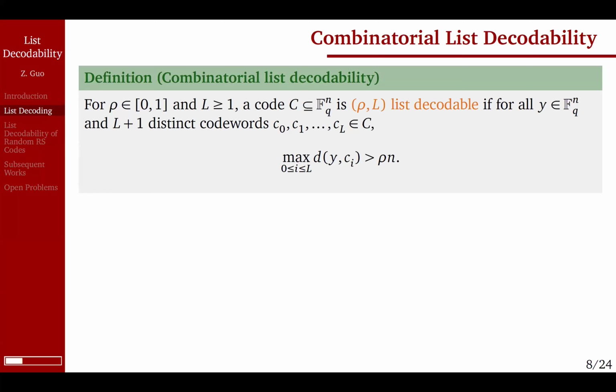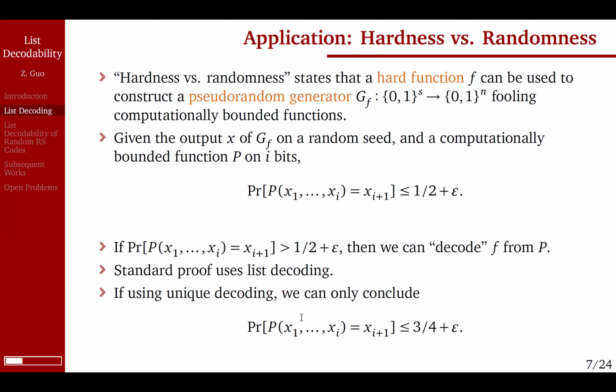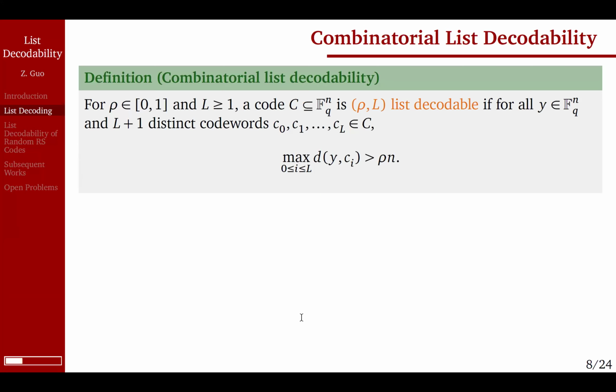Now this is a necessary condition to get efficient algorithms. If the number of codewords is extremely large, obviously to output the whole list, they first have to get a bound on the list. So this is the combinatorial list decoding definition. Formally, given the numbers rho and L, a code is (rho, L)-list decodable if for every y, the received word,